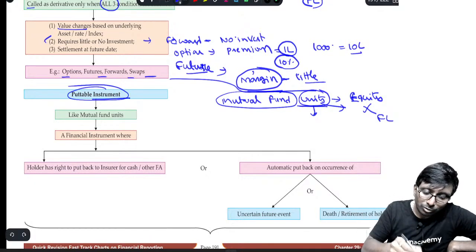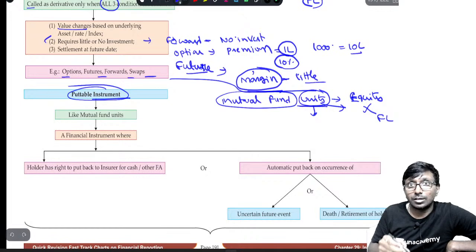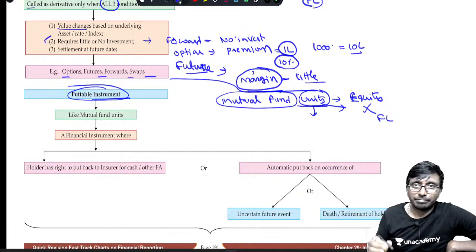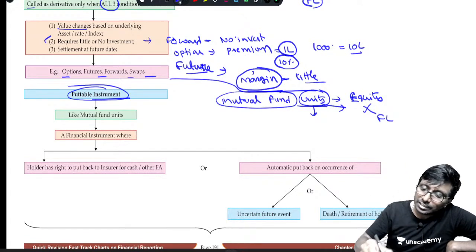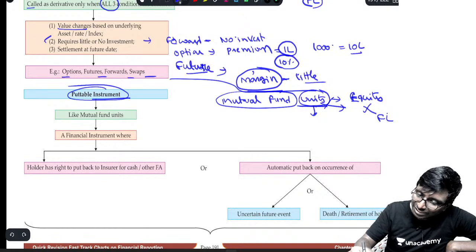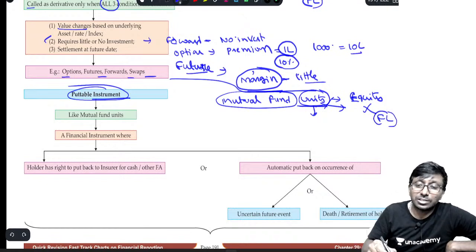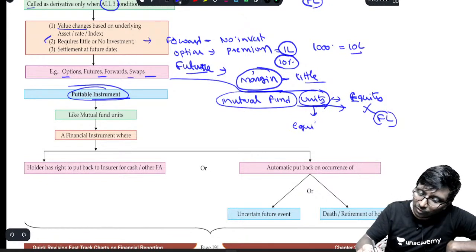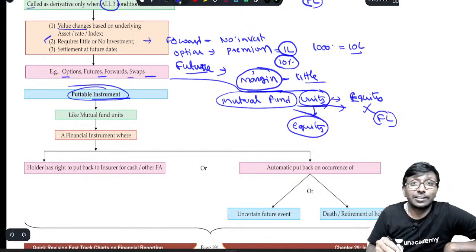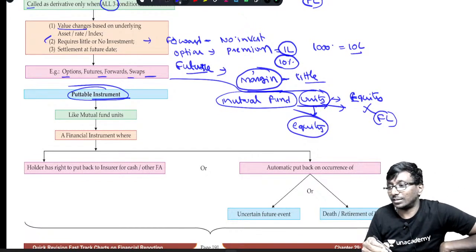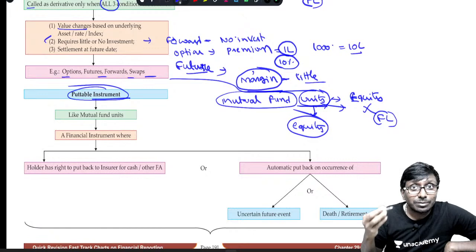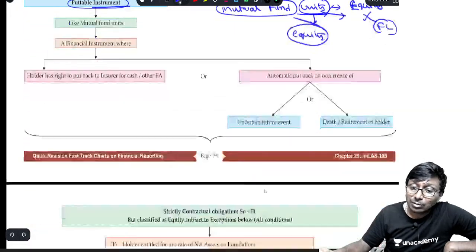Yes, but putable instruments are subject to some criteria. They have given 6 conditions. If you satisfy the 6 conditions, then even though, strictly speaking, it is a financial liability, we will still be classifying them as equity instrument. Still I will be able to classify them as